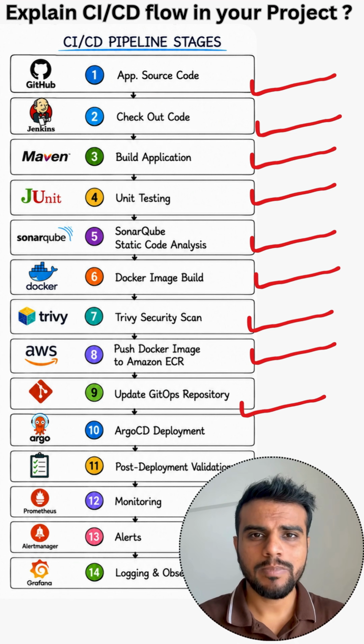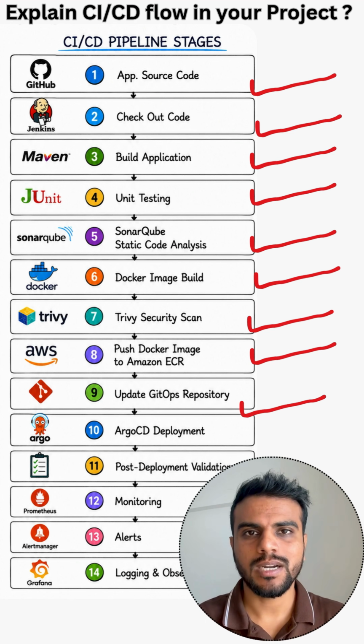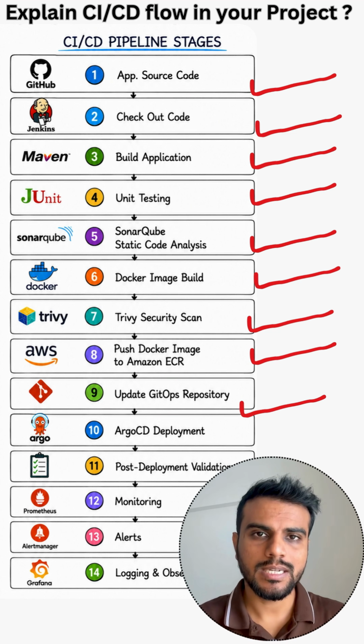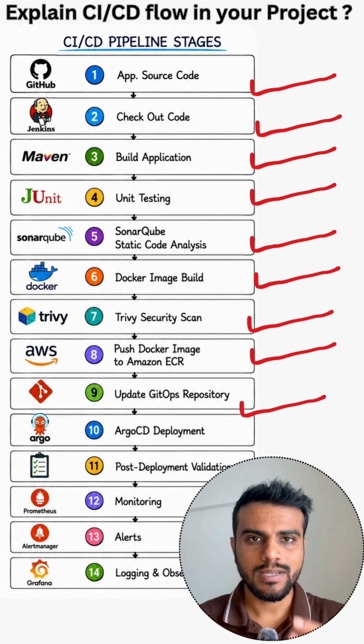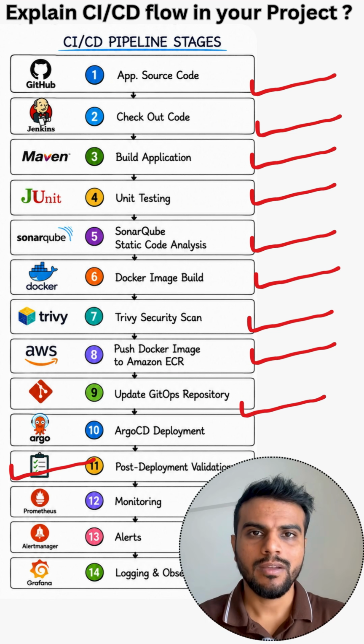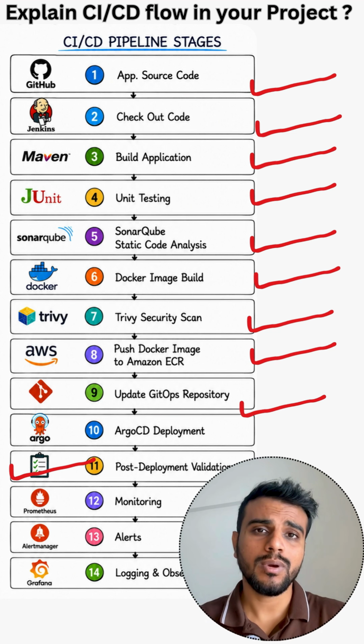Once your CI part is completed, you will be updating your Helm charts which are present in your GitHub repository. And we know that for Argo CD, the source of truth is going to be your GitHub repository. As soon as you update your Helm charts, Argo CD will trigger its pipeline and the deployment will take place. Once the deployment is successful, then comes the post-sanity part, where the developers and the cloud engineers or